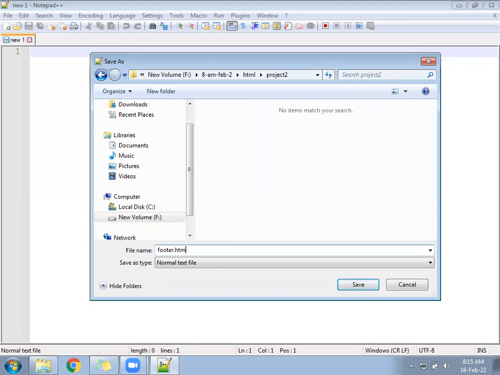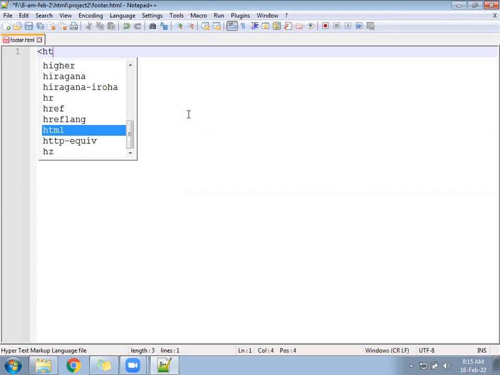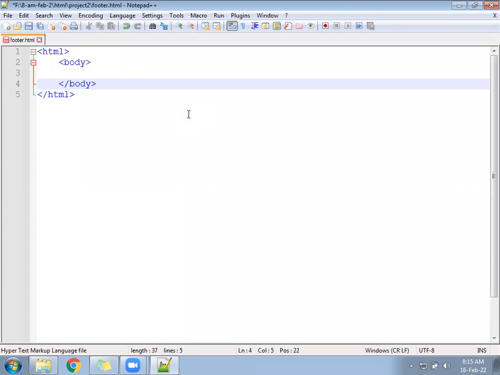footer.html. Footer.html. Footer.html. Now in footer.html, we can add some HTML code. HTML body, keep the BG color, some different color,